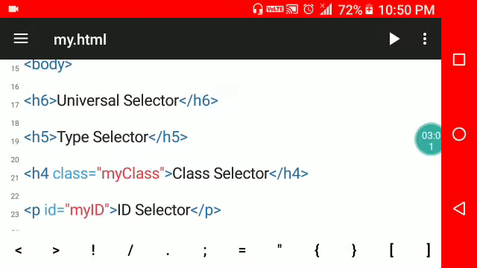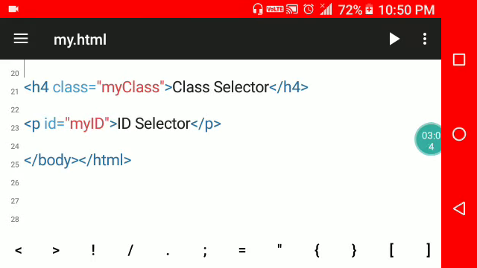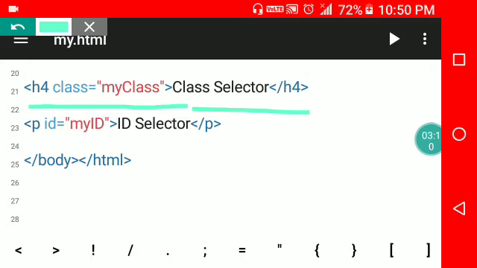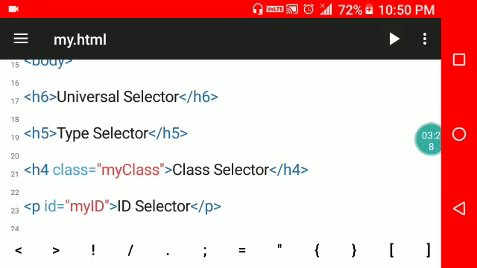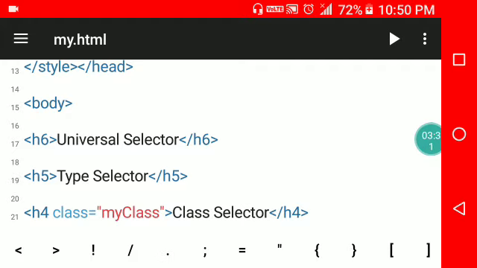H4 has my class selector, meaning here I have called the class selector, and in paragraph P, id is equal to my id. So here I have called the class selector, and here the id selector.